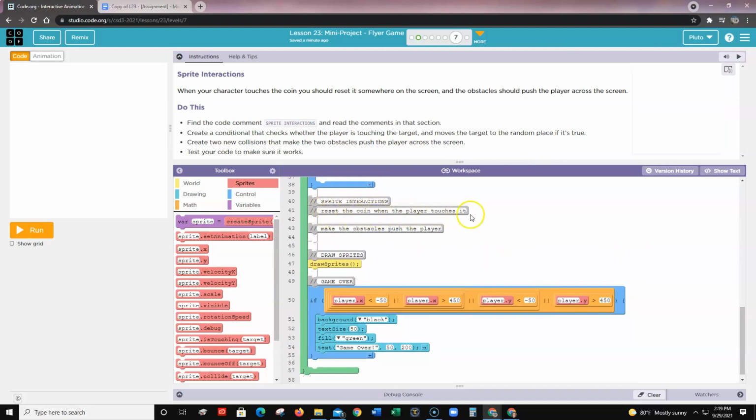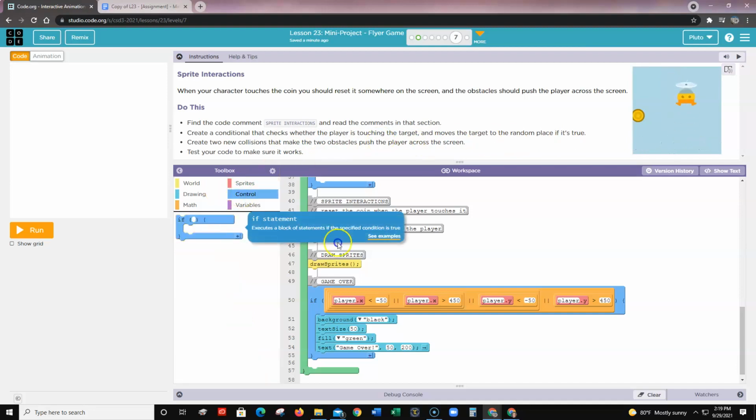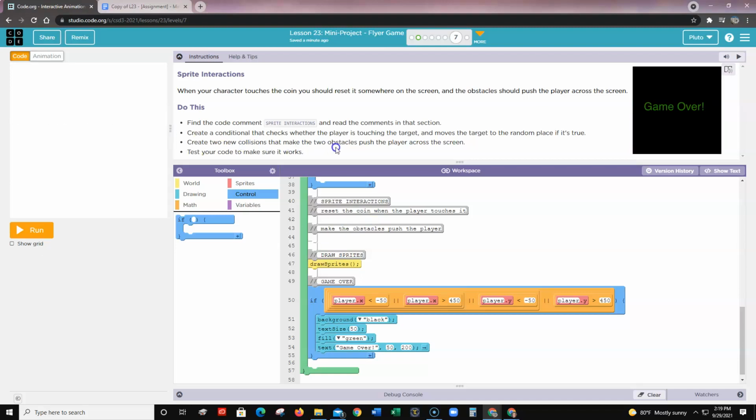Reset the coin when the player touches it. Make the obstacles push the player. So you need to create a conditional that checks whether the player is touching the target and moves the target to a random position. So a conditional again, remember it's the if statement, so you're going to drag that in on line 42. Then it says create 2 new collisions that make the obstacles, so the obstacles are the rocks,